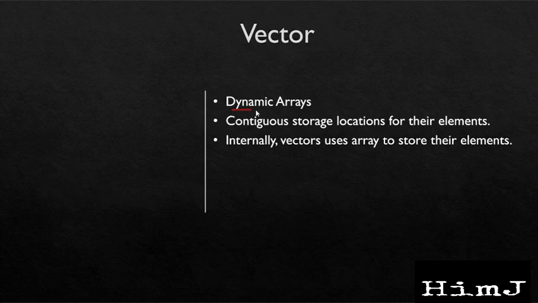Vectors are basically dynamic arrays. That is, unlike an array, you can use them to store any number of elements and can insert or delete more elements as per your requirement. Now, internally, vector uses an array to store its elements, and the elements are stored in contiguous locations. So how vectors are implemented using an array and provide a lot of functionality like dynamic size,